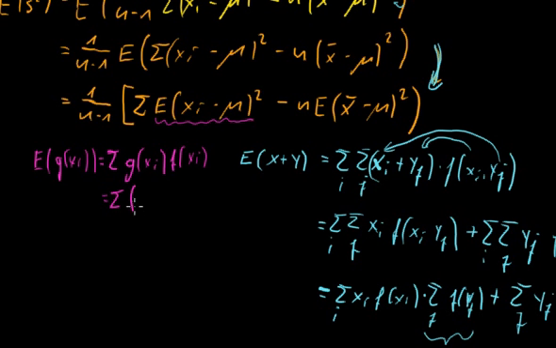So we can go on and write the sum of xi minus mu squared times the probability, and here again we have a uniformly distributed population, so we can rewrite this as 1 over n, and 1 over n is a constant. We can put it in front of the sum sign, so again we can write 1 over n sum of xi minus mu squared,